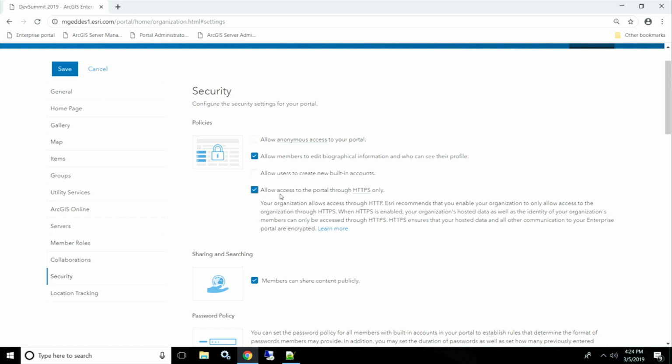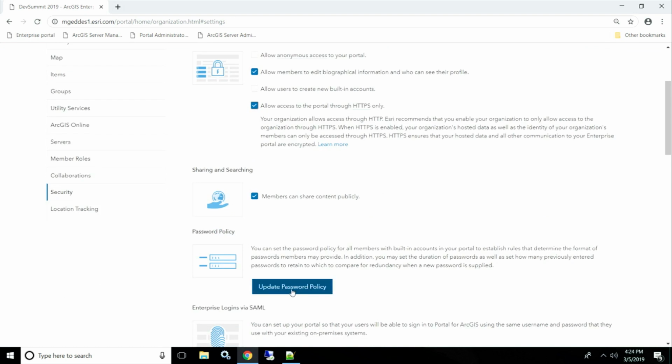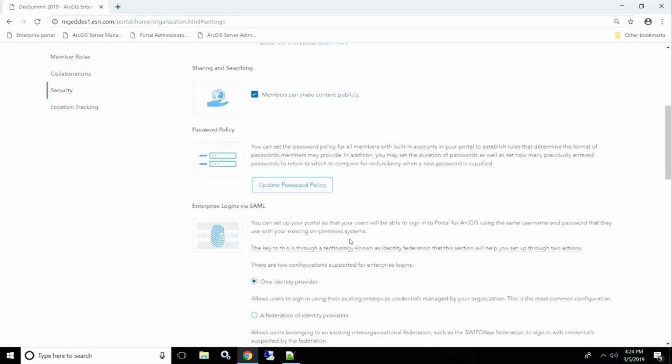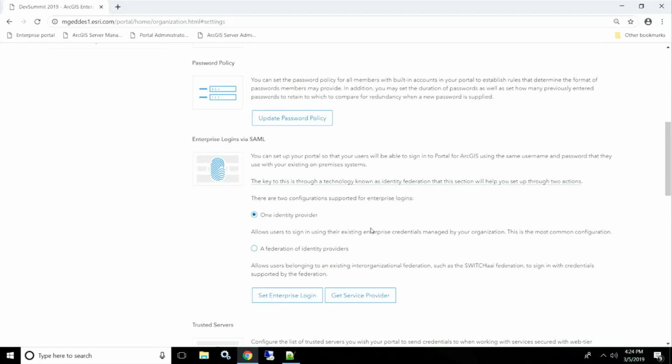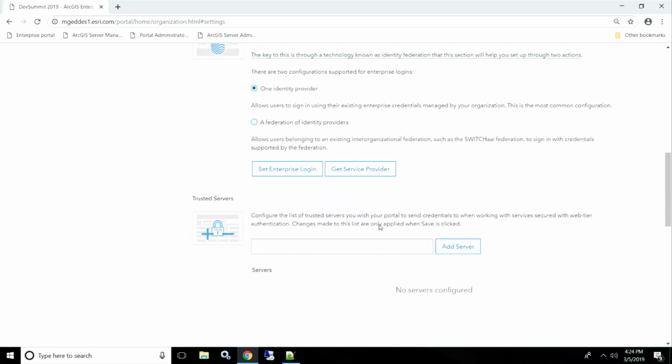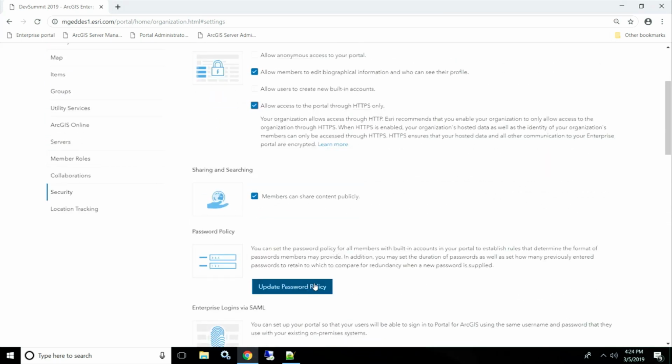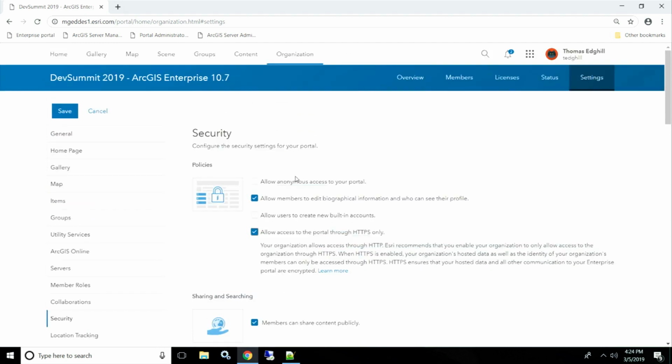While I'm on this page, this isn't in our best practices, but we do have some really cool things you can do with password policies or how your members can share your content. If you had enterprise logins, you could also configure that here or configure trusted servers. With a password policy, it's kind of cool because you can make it so that your users' passwords have to have things like an uppercase letter or a number, or you'll make sure that they expire every 30 days or something like that. Anyways, with those settings made, we're going to go ahead and hit save,